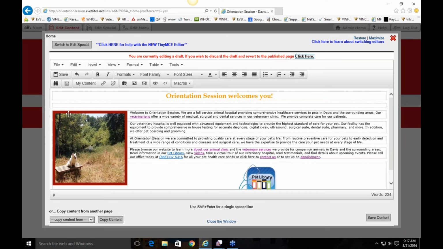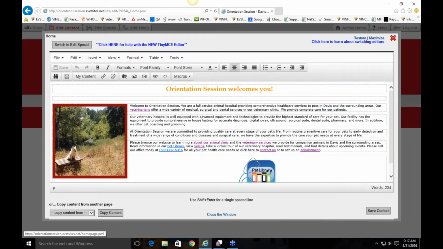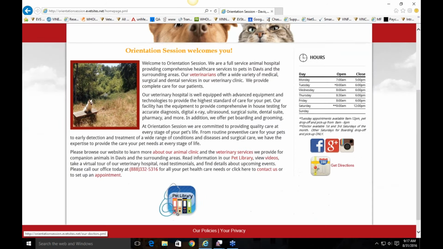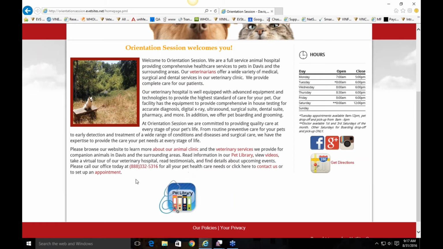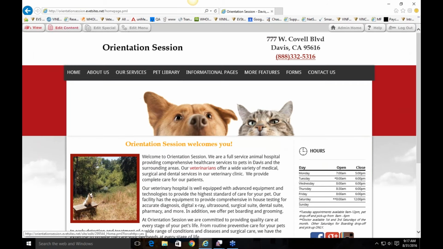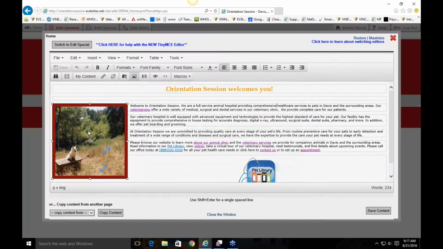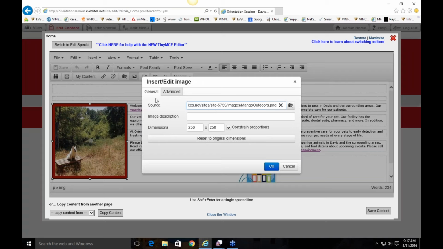So we've added in our own picture. We've given it a border. We've aligned it to the left, and we've added a right margin. So now that text is wrapping around on the right. I'm going to go ahead and save this. So now everything is wrapping around. The spacing looks correct. And then one last thing I want to show you about photos is under the General